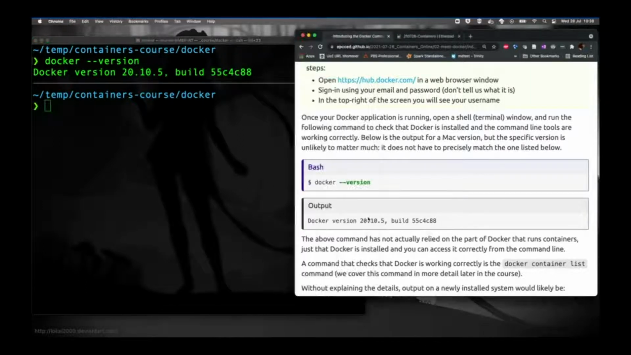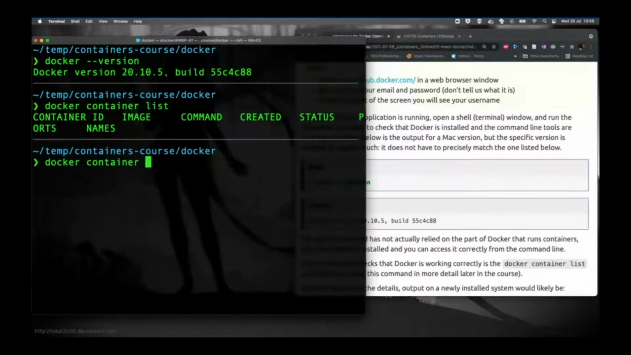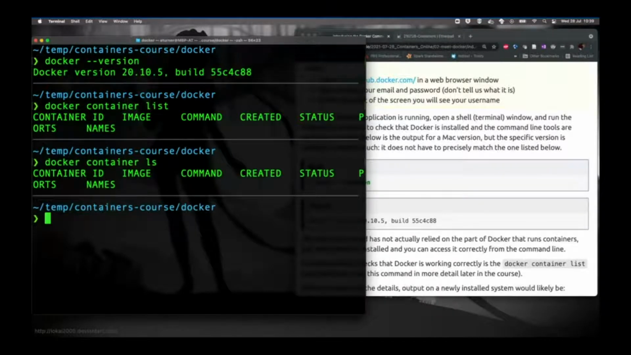That's on my system. So we've not actually done anything on Docker to run containers here. All we've done is we've checked that it's installed and we can access it correctly from the command line. Next we can check that Docker is working properly in terms of containers by using the docker container list command, or docker container ls works as well. So docker container list, or ls, if you like to save a couple of characters, allows you to show whether it's running or not. Here you can see there's no containers running, so I just get the headings from the different parts of the table, and it doesn't show any containers running at all. So as it says here,